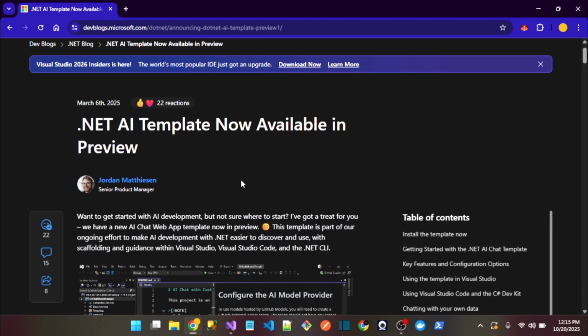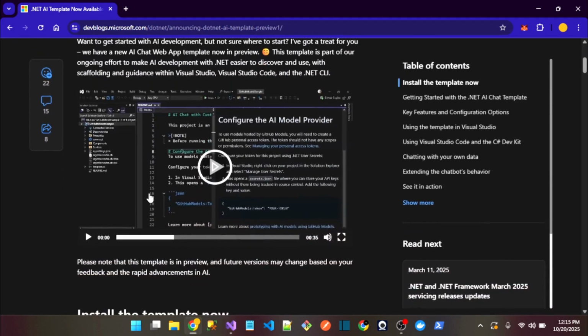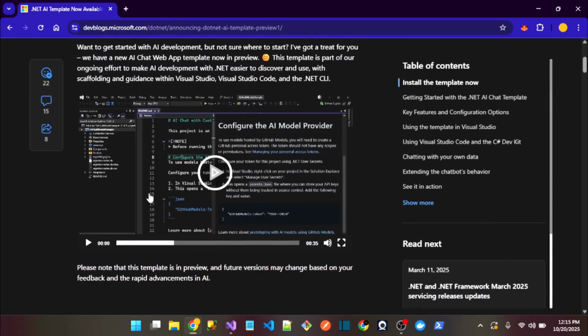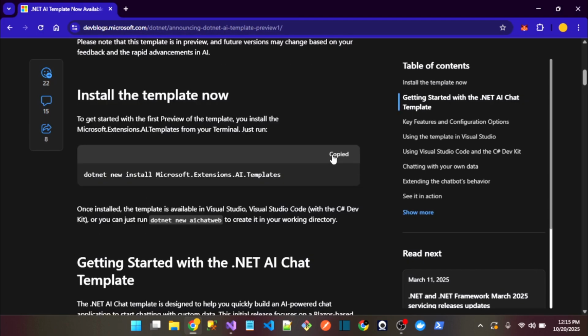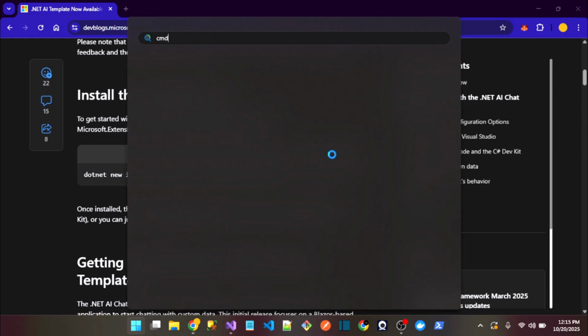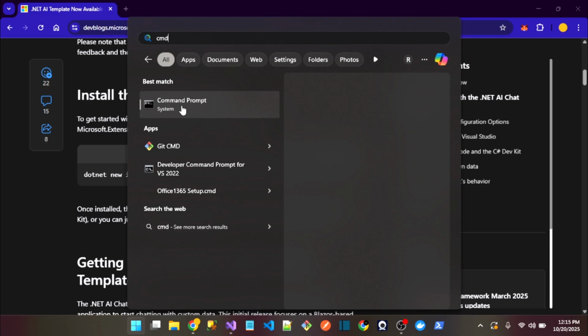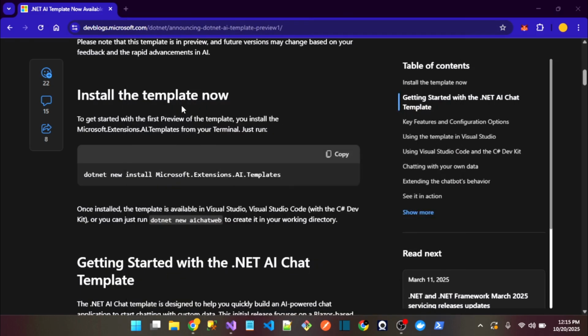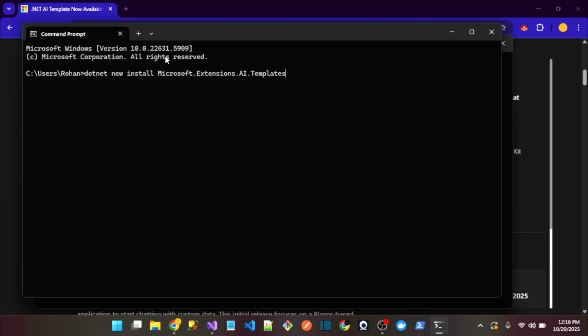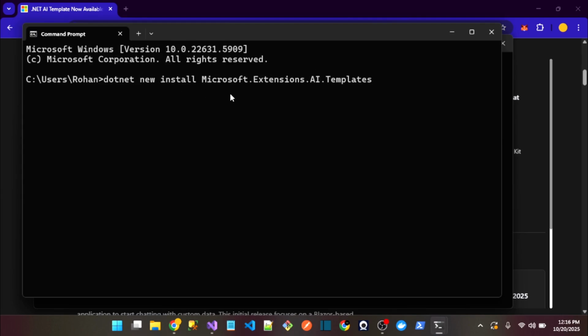So how can we do this? If you want to add this template in your system, simply copy this command and open your terminal in your operating system. Right now I'm using Windows 11, so I will use Command Prompt as a terminal. Simply I will open this terminal, and I will paste this command, which is dotnet new install